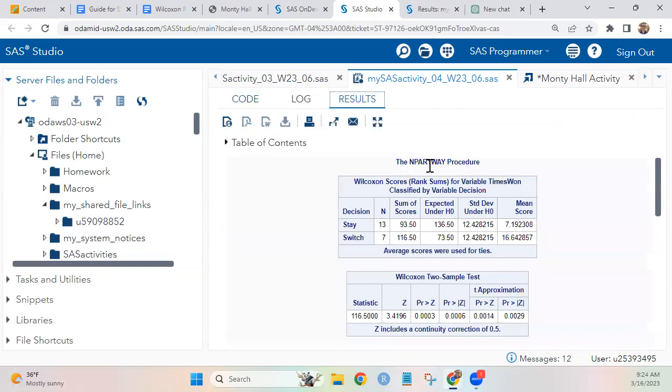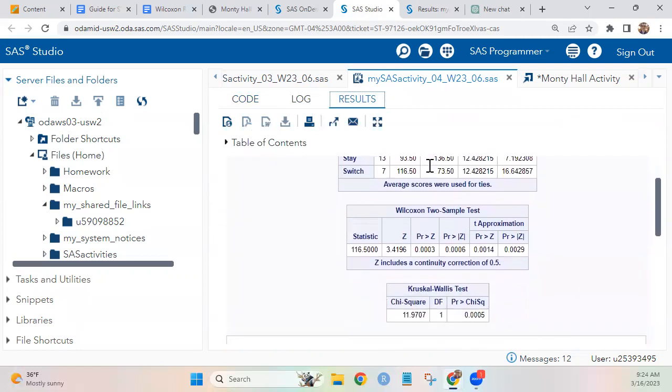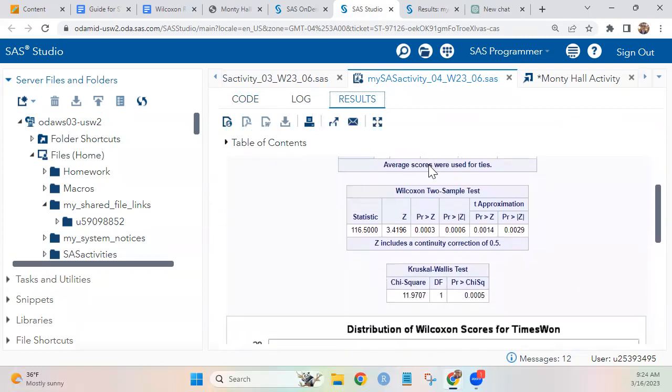So here, it gives you a lot of extra statistics. Mostly, let's see what we were